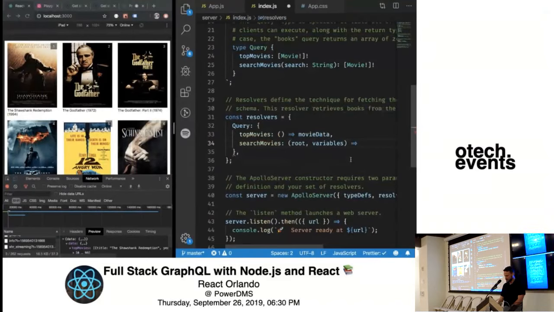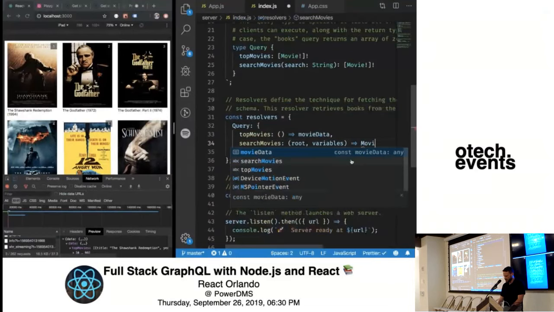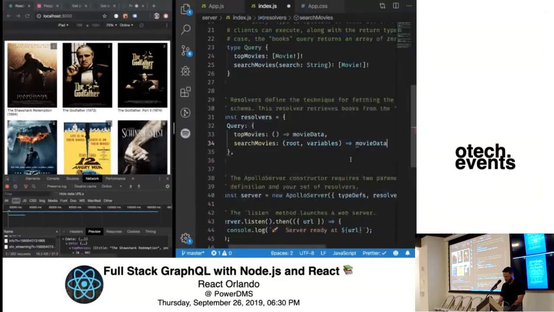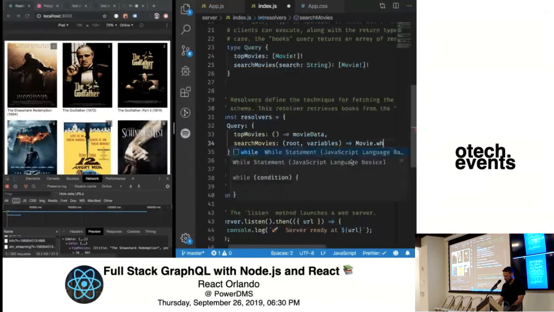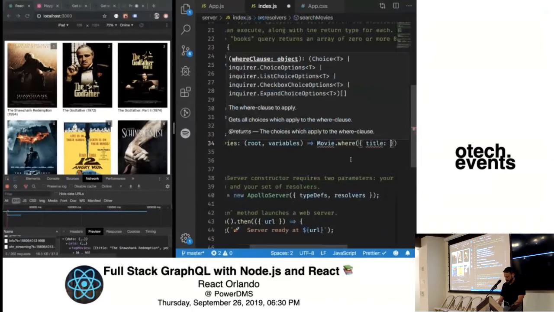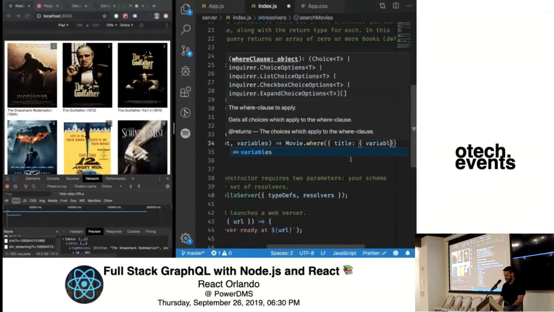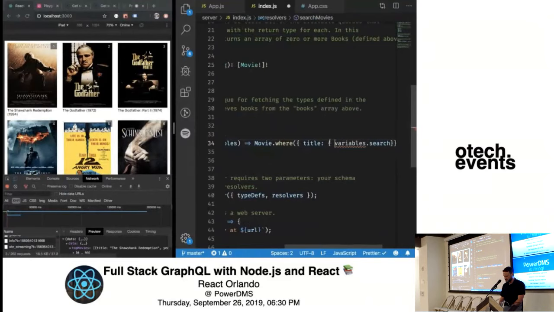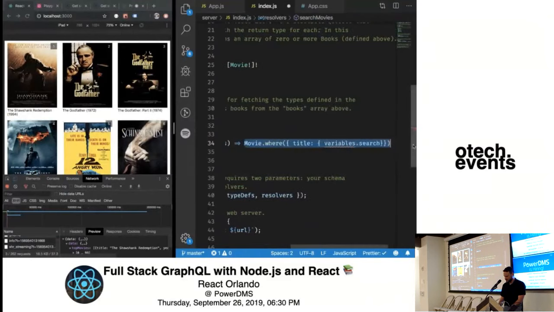So then I'm just going to return, again, because it's JSON, this is pretty easy. This is where you'd do movie dot, well, see, it's trying to fix my stuff, but if I had a movie model and an ORM of some sort, it'd be like title variables dot search. But we don't have anything that fancy, so it'll just be movie data.